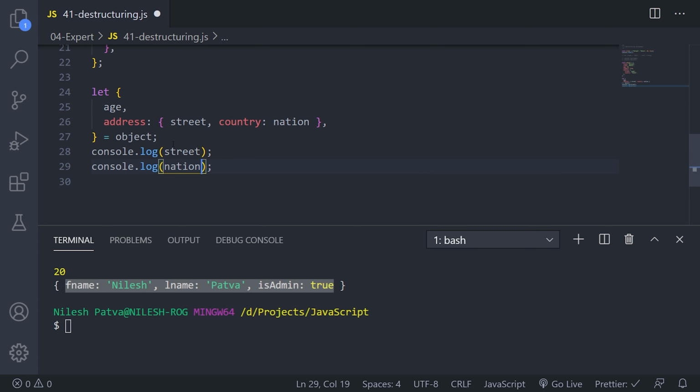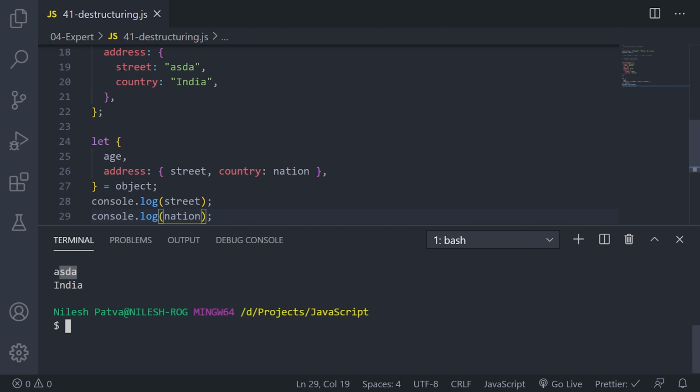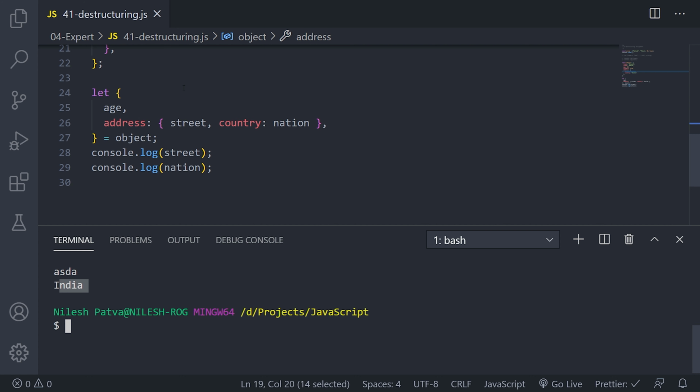That is how the nested destructuring will take place. If you run this, you can see the street has some dummy data here, and the country has been India, and I have also renamed it to nation. So that is how destructuring works.